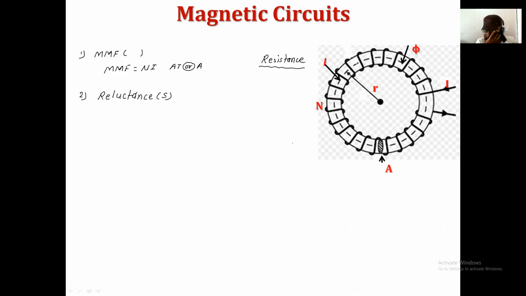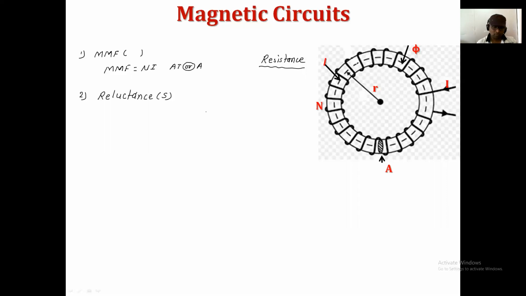Resistance is the property of substance which opposes the flow of current. Absolutely correct. Very good. म्हणजे resistance, it's a property of a substance, it's a property of a material. Similarly, reluctance is also the property of a material. Is it right? So we can define it like that. Reluctance is defined as the property of a material which will oppose the flow of... आता करंटच्या ऐवजी काय येईल तिथं?